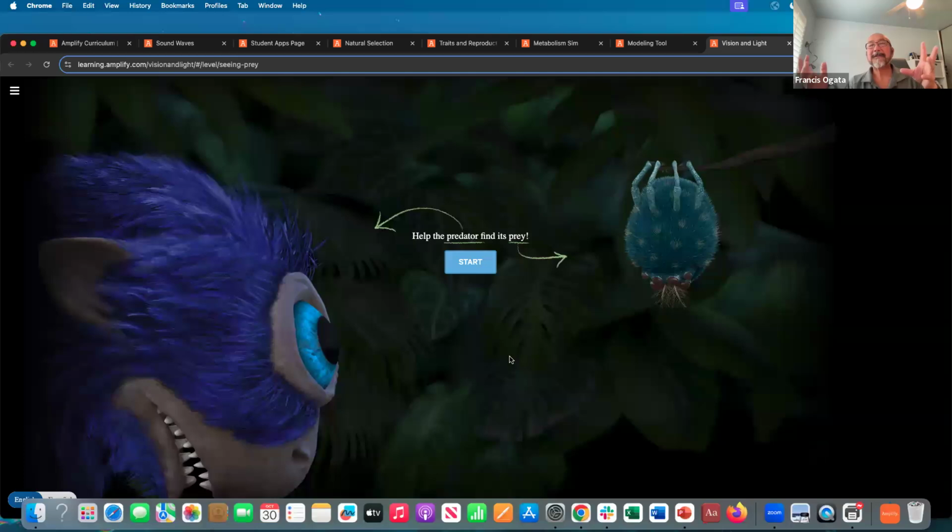Basically, what it shows is that if the animals can't see their prey, then they're not going to be able to survive. But if they can see their prey, then they can survive. We illustrate it with a hands-on activity, it's called the mystery box. And the mystery box is kind of fun because it's just a plain box with a hole in the side. Basically the kids look in that hole, and if the box is closed and there's no light coming in, they can't see anything. But once you open the box and the light comes in, then you can see what's inside the box. What this does is it illustrates that hands-on activity.